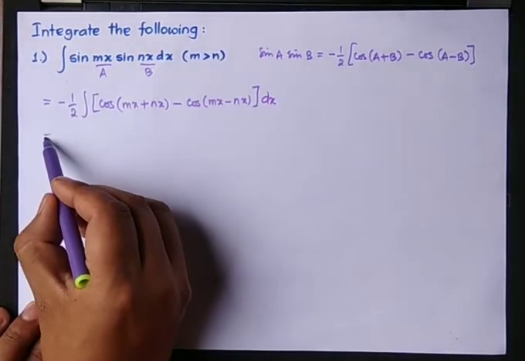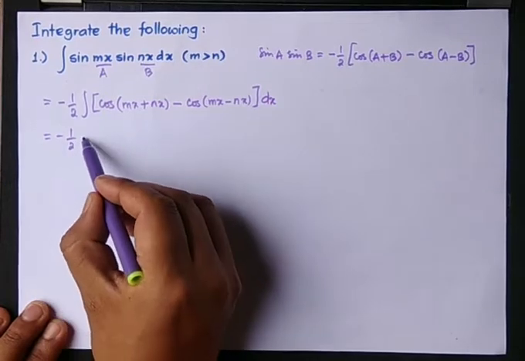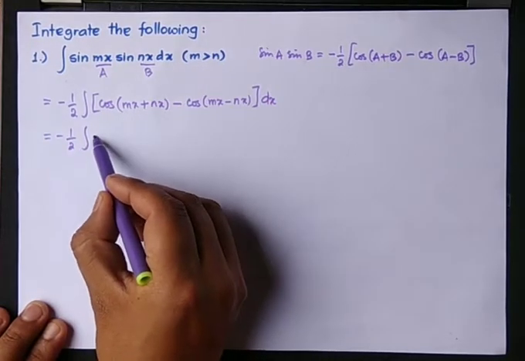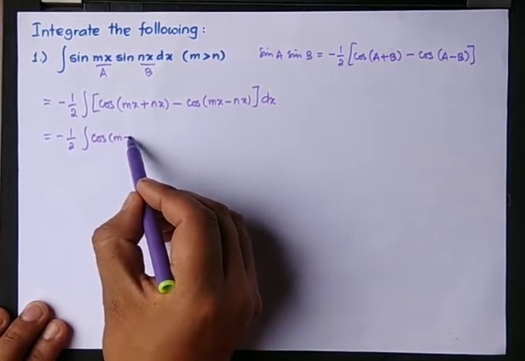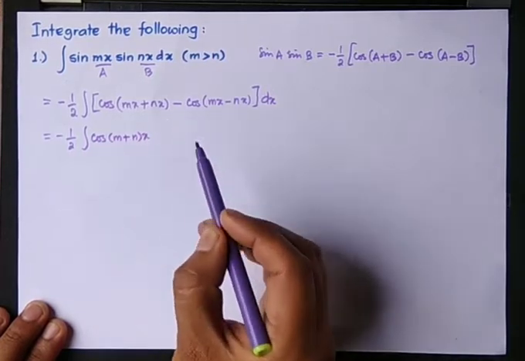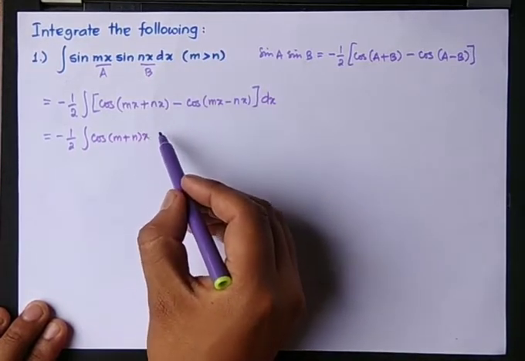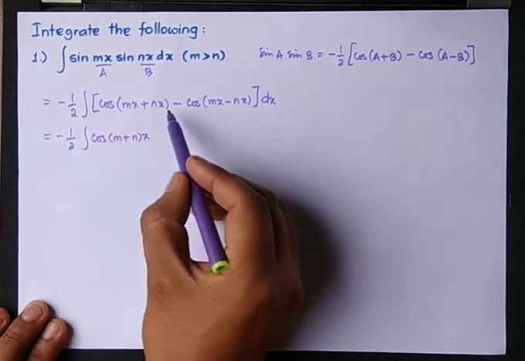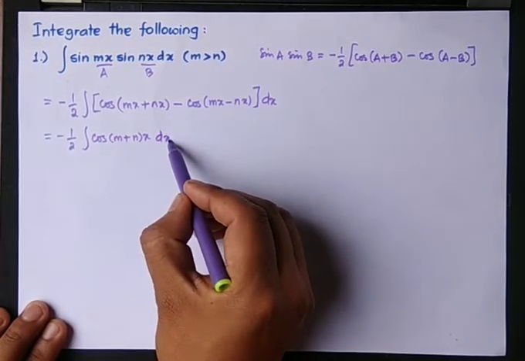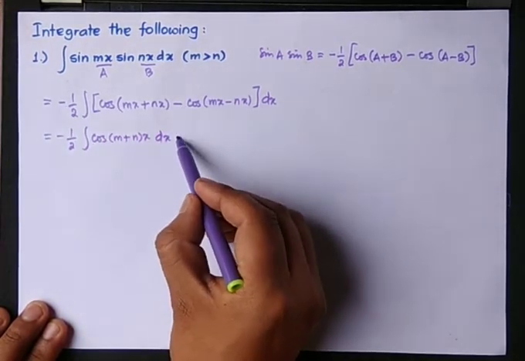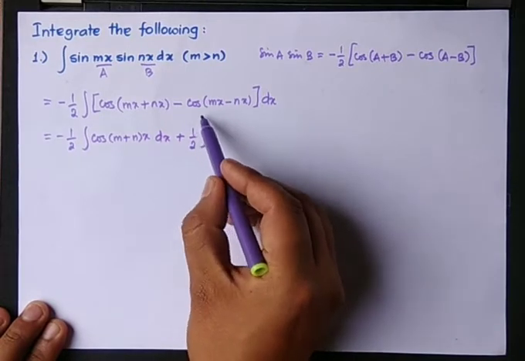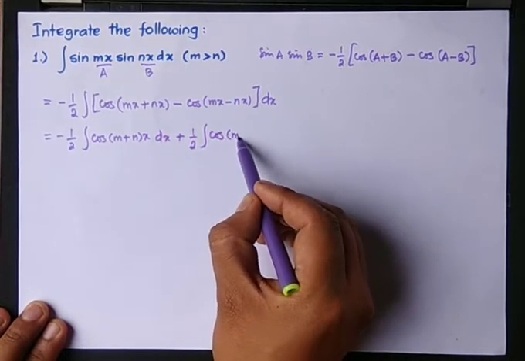Now, minus half is written outside. So this is cos m plus n x. Yes, x is taken outside as common. So here we have minus into minus, which is plus, so we have got dx as well, so minus into minus is plus half integral of cos m minus